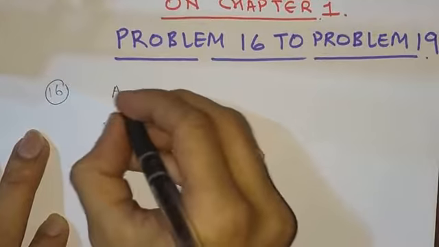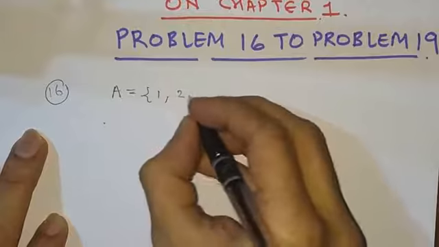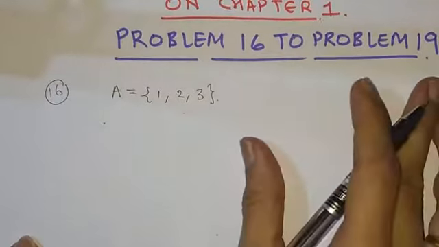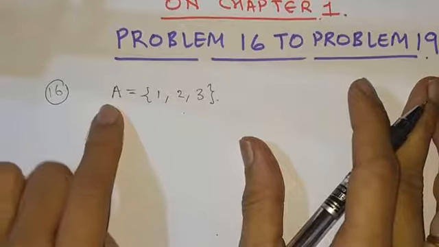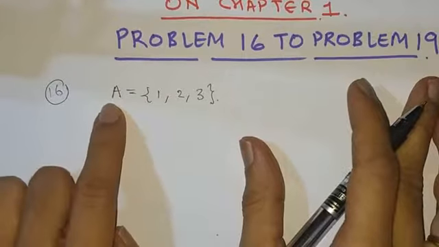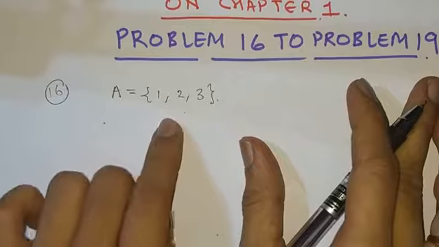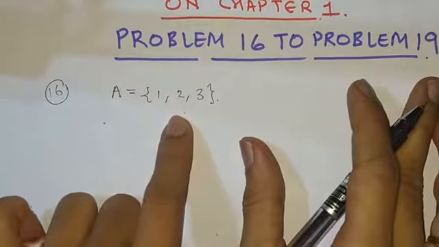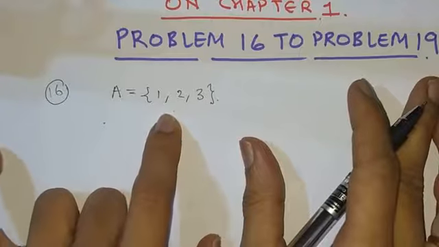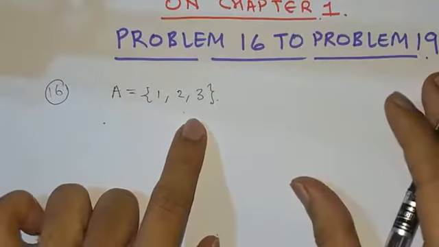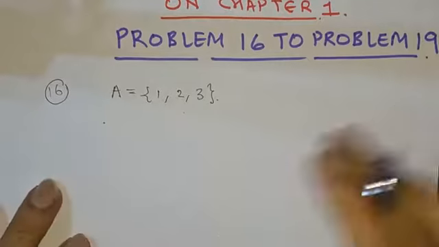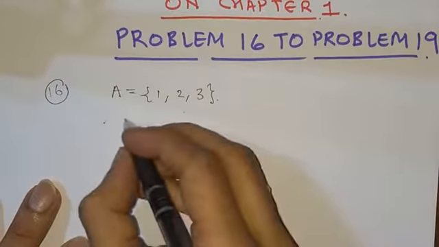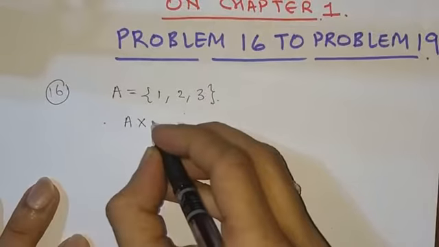You are given the set A equal to {1, 2, 3}, right? Now we have to find the number of relations containing the ordered pairs (1, 2) and (1, 3) and which are reflexive and symmetric but not transitive. Okay, so before looking at the number of relations, what you have to look at is the largest relation that